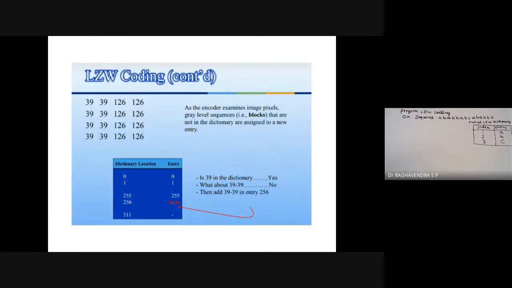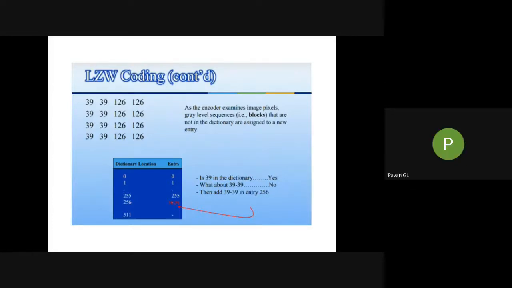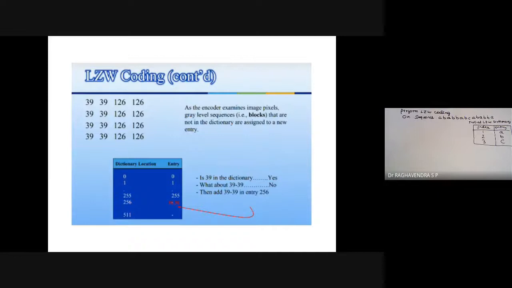Have you taken this, dear students? Yes, sir. Okay, now we have to encode this sequence. Using this dictionary, we have to encode this sequence.